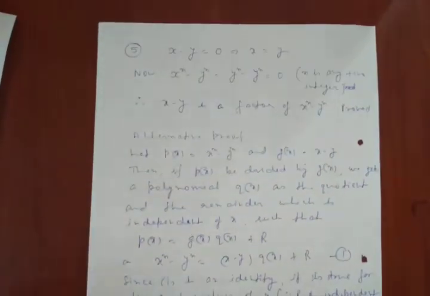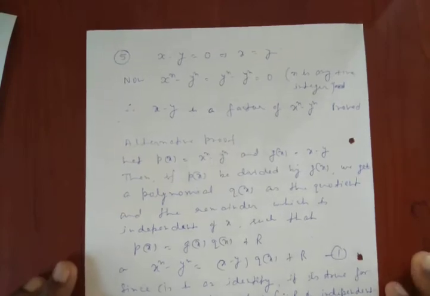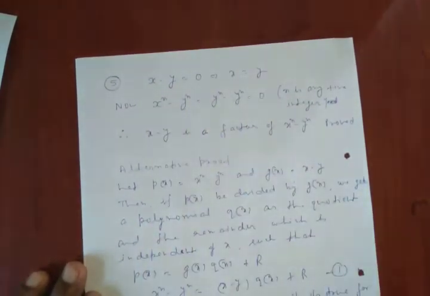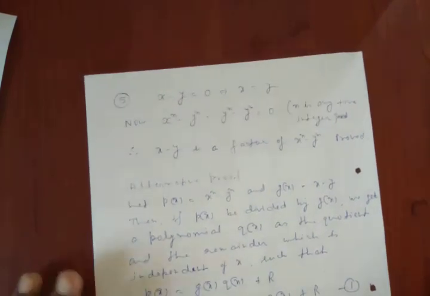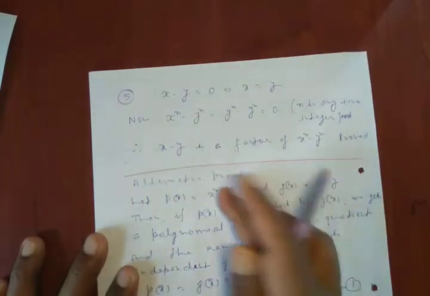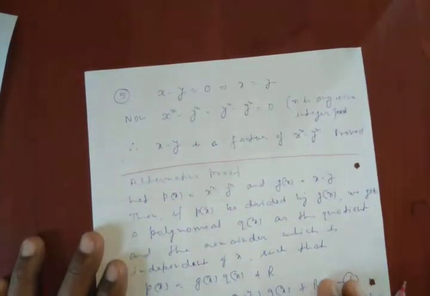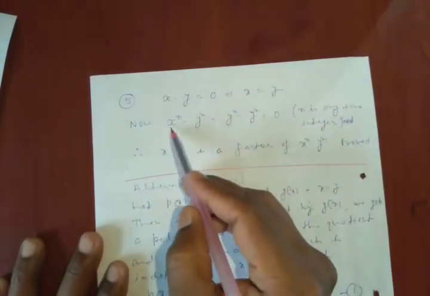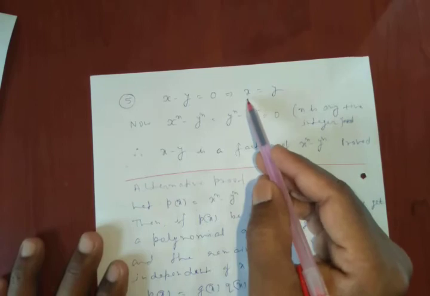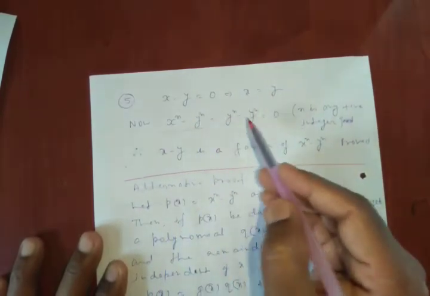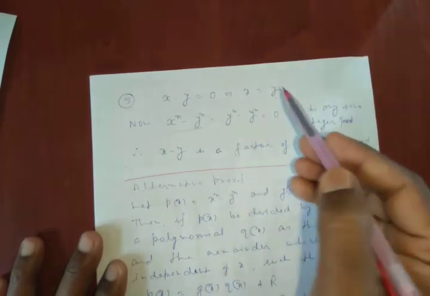And the fifth one is, in this we have to prove that x minus y is a factor of x to the power n minus y to the power n. So this is the first, I think just consider this method. This is a little longer, so just see this method only. Here x minus y equal to 0, then x equal to y, then put the value of x in this expression, that is x to the power n minus y to the power n equals y to the power n minus y to the power n here, because x equal to y.